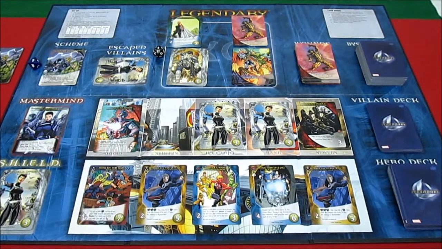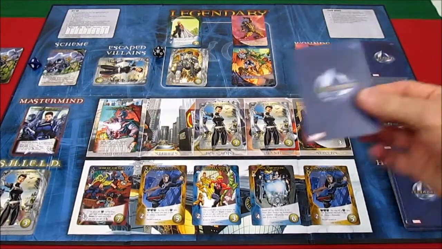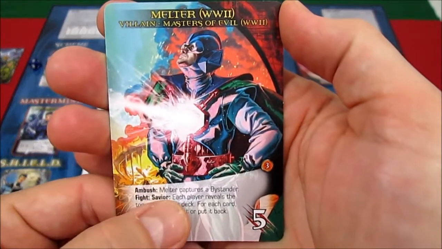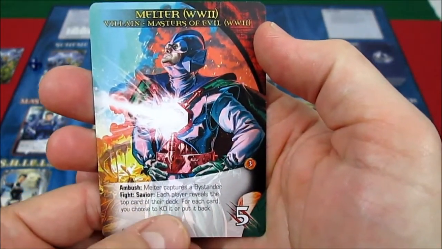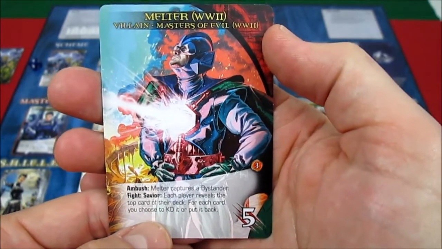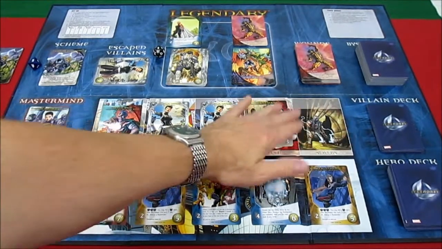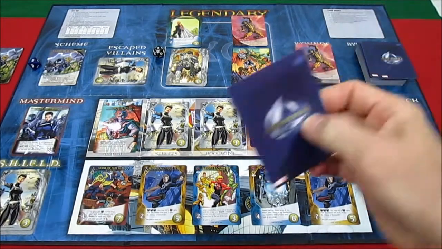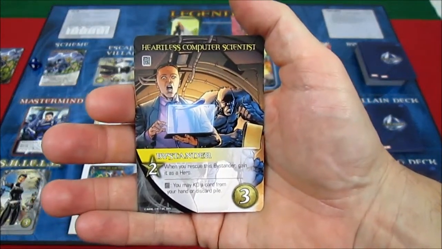Okay, up next, once again, will be player 1. All right, player 1, and we know what it is because you just looked at it. We have Melter again. Ambush. Melter captures a bystander. Fight. Savior. Each player reveals the top card of their deck. For each card, you choose to KO it or put it back. So sliding over, entering the city, capturing a bystander,